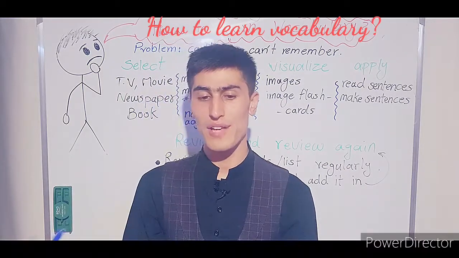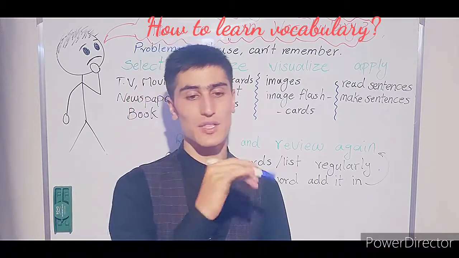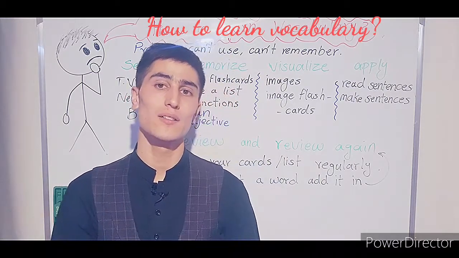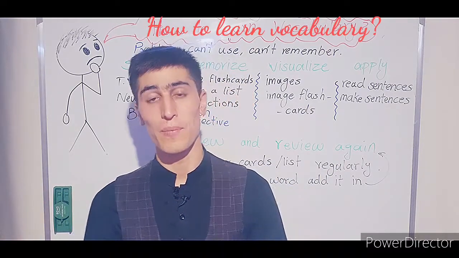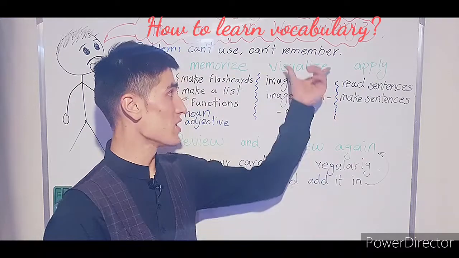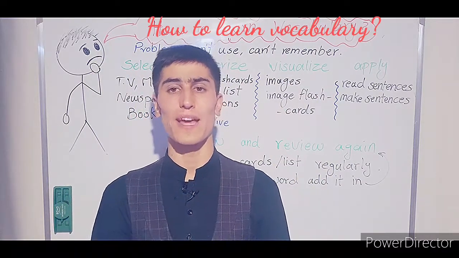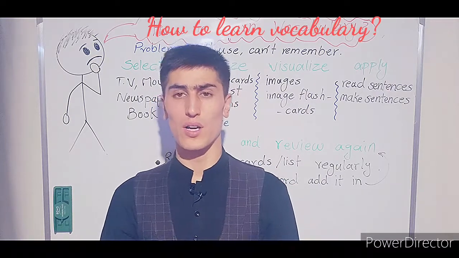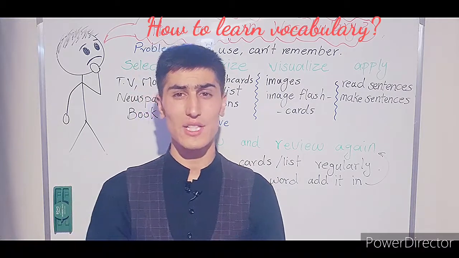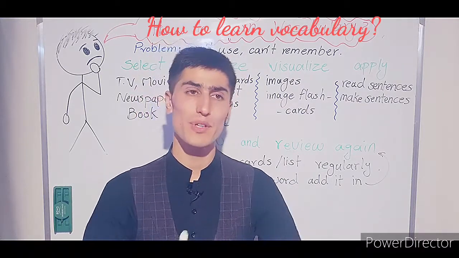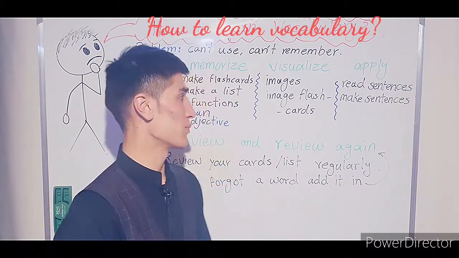So how? For example, you want to memorize the word train. Now you memorize train. So train is a type of vehicle. So it travels very long distances, or maybe the shape is different, I don't know. But the visualization step, it tells you to find a picture or image of the train and have it with you. So whenever you see the picture, you will remember the word train, or at least whenever you see the word train, you will remember the picture and you can translate it into your first language. So it will help you a lot.